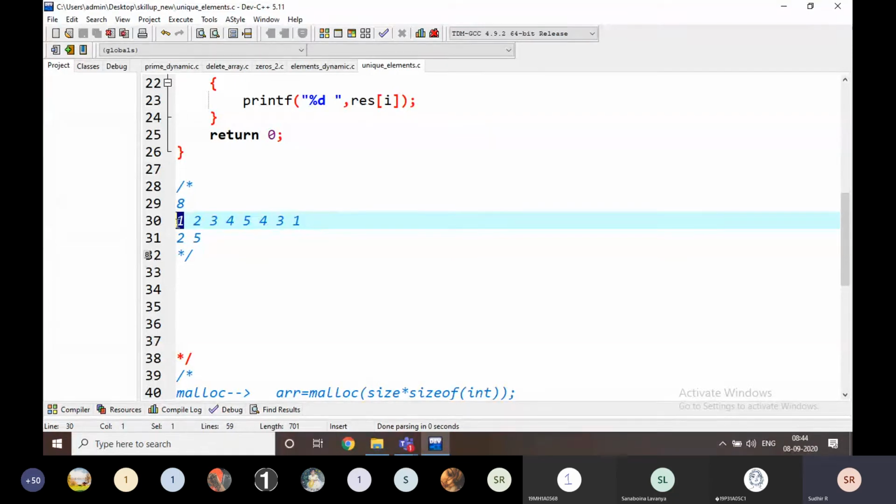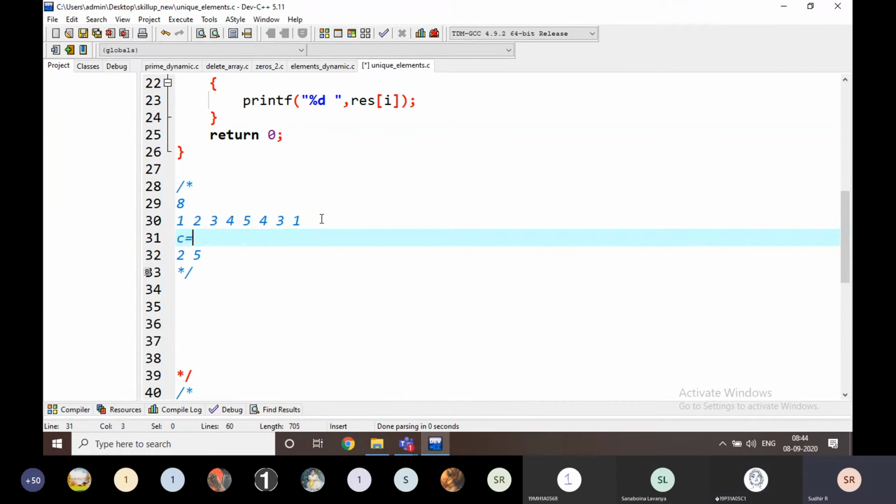What is the count of 1? The count of 1 is going to be 2 here, right? If it is 2, if it is more than 1, I am not considering that one. If it is only 1, for example, I am going to consider it for 2 here.